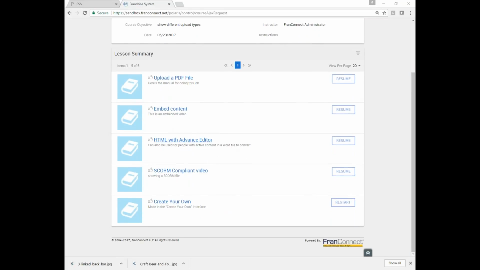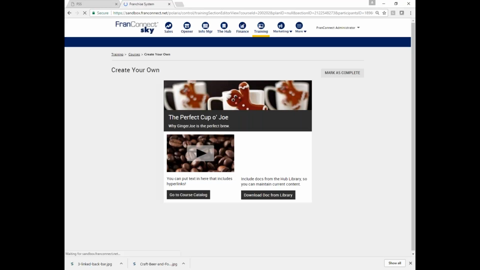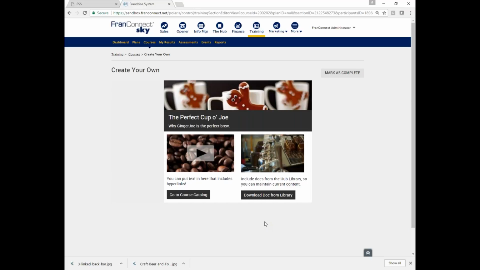So already we're getting a little more sophisticated. I think most of you have seen this sort of create your own. And this can be used for a lot of different things. The more I talk to people about it, the more they are thinking about putting it up front. It's a really new thing, so we're not sure how everybody's going to use it just yet. But it seems like a perfect thing to put up front to be sort of an introduction to, hey, here's what you're going to learn in this course, and here are a bunch of different reference points for you.